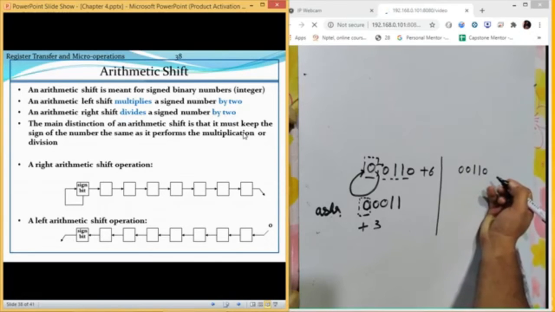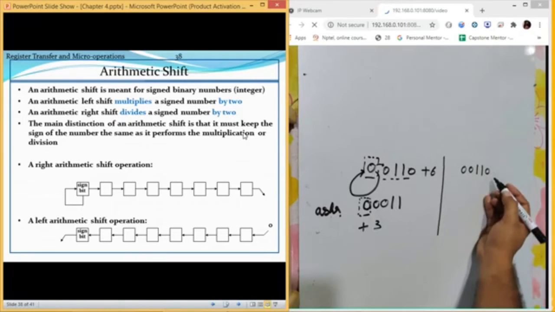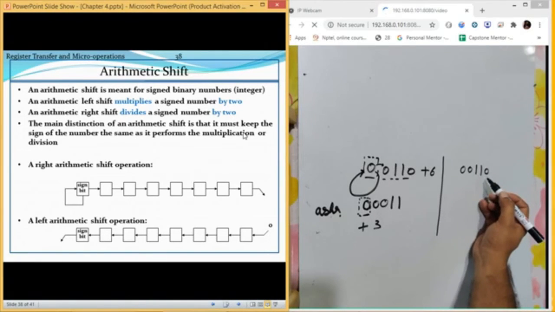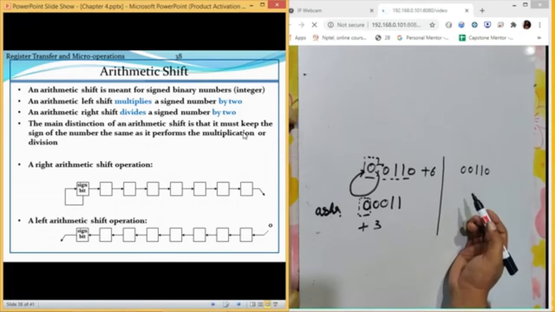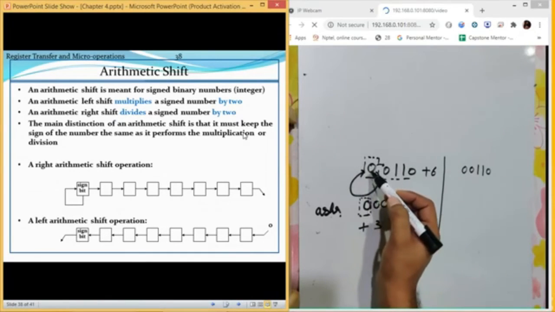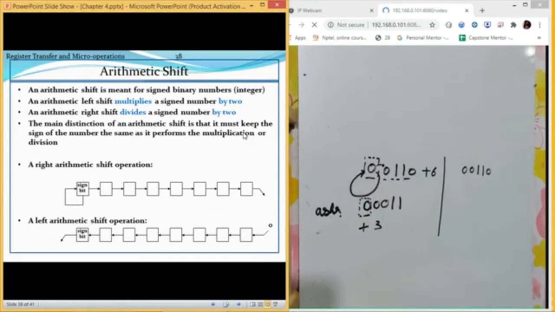Now let us perform the arithmetic shift left on it. There is one difference between arithmetic shift left and arithmetic shift right. In the case of arithmetic shift right, this value was replicating itself. But in this case, it is not going to work in this way.